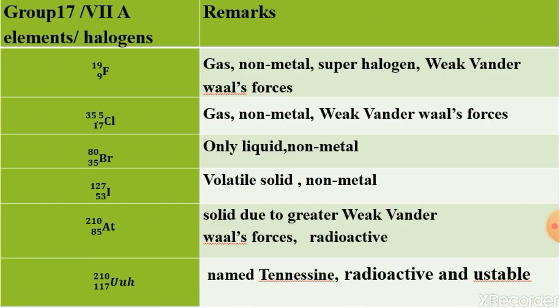So now, dear students, first of all, a general introduction about the halogens. The halogens are also known as group 17 elements, and according to Mendeleev, they are also known as 7th A group elements. One more name you have to know, that is halogen. This I also told you. Here halo means salt, gen means generation, that means production. So they are salt producers, hence they are known as halogens.